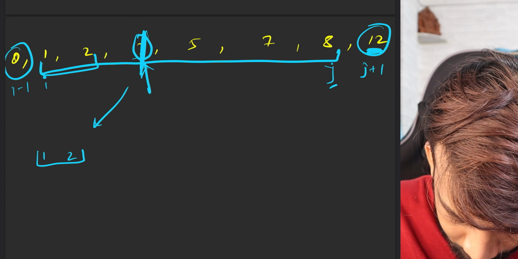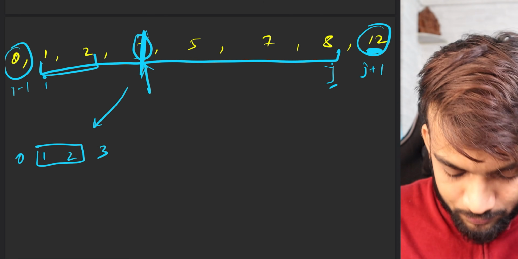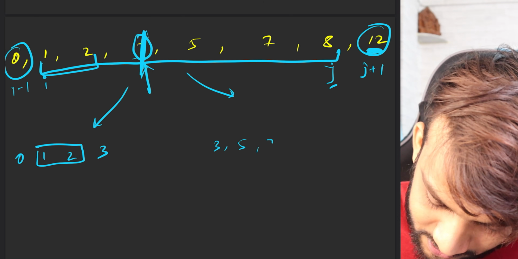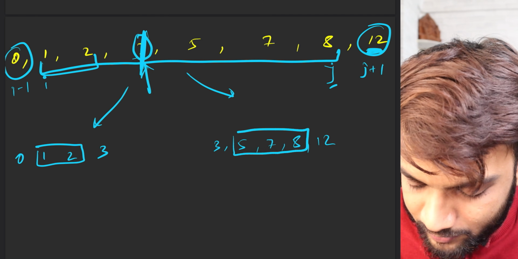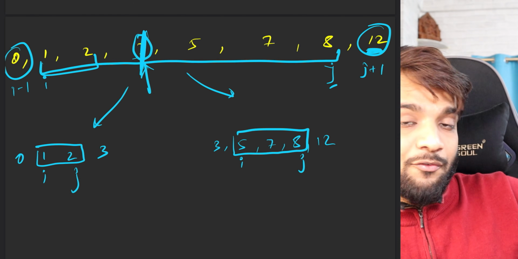This is your subproblem. And the right of it, as the last cut was at 3 and this was 0, this right subproblem will be 3, 5, 7, 8 and 12. And this will be the partition that you'll be solving. This will be the i, j and this will be the i, j over here. Okay. Now if you carefully observe,